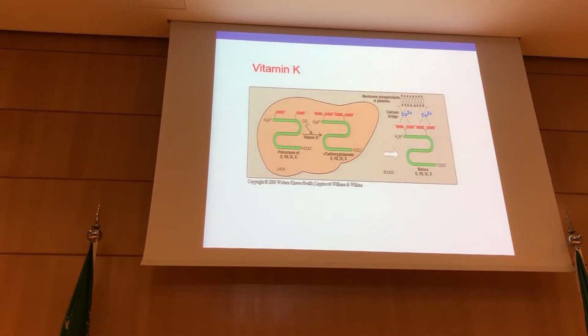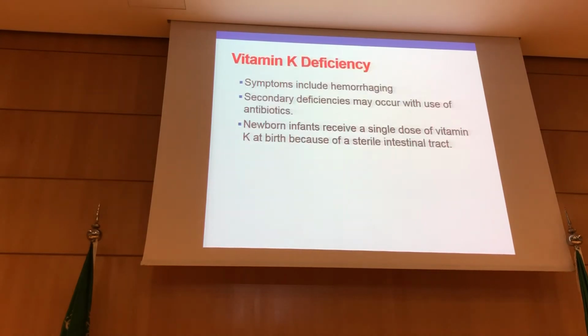Now this slide, no need to study this slide, but I just want to show you that these are the blood clotting factors. They are inactive in this form, and they require a carboxylation reaction that requires the presence of vitamin K as a cofactor. So carboxylation, or activation of blood clotting factors, gives carboxyglutamate factors 2, 7, 9, and 10. They are activated so they can be involved in coagulation. Without activation of the blood clotting factors, they cannot play a role as coagulation factors. So without vitamin K, they cannot be activated. So that's why vitamin K plays a role in coagulation.